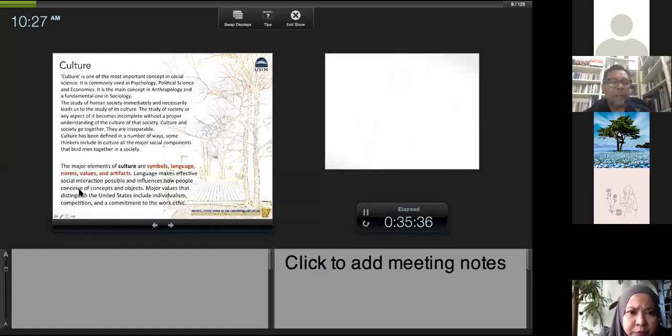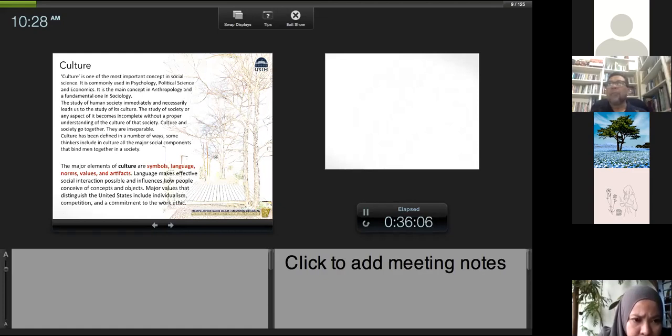Language makes effective social interaction possible and influences how people conceive of concepts and objects. Major values that distinguish the United States include individualism, competition, and the commitment to the work ethic and others. Yeah, this is a simple explanation. In general, when you talk about culture,